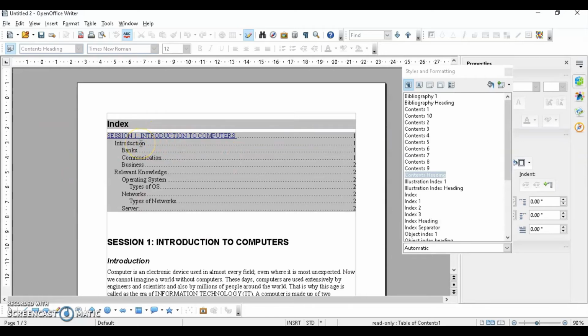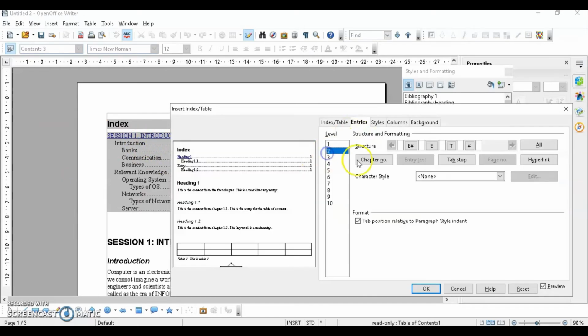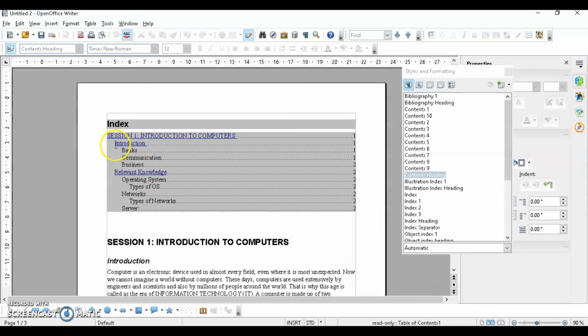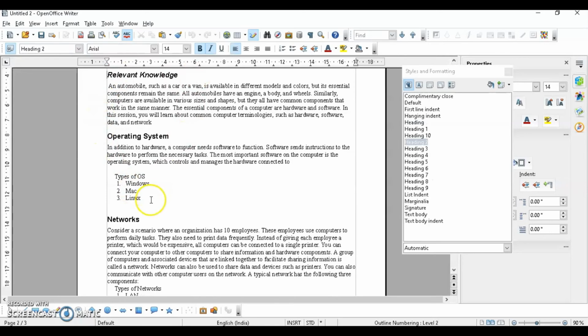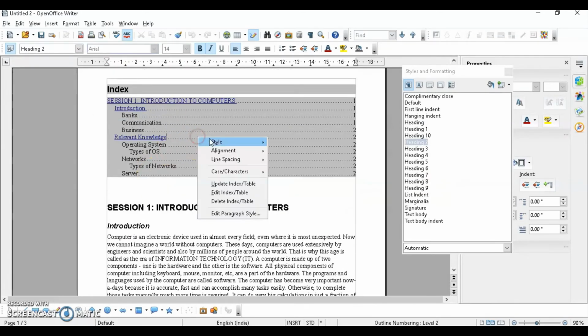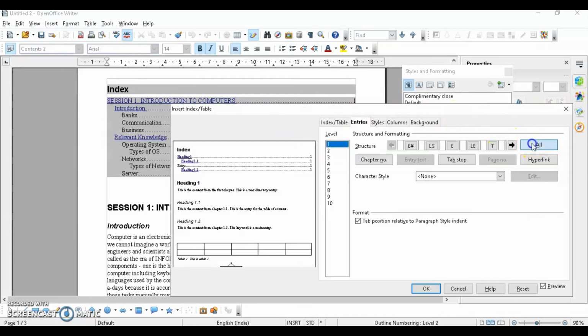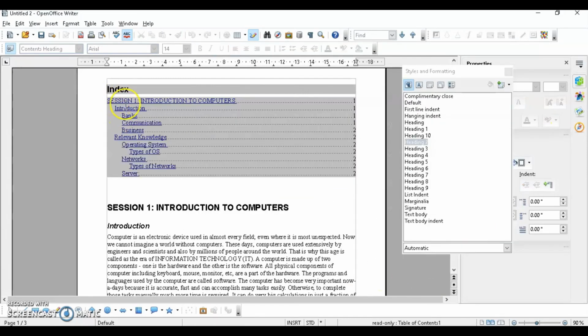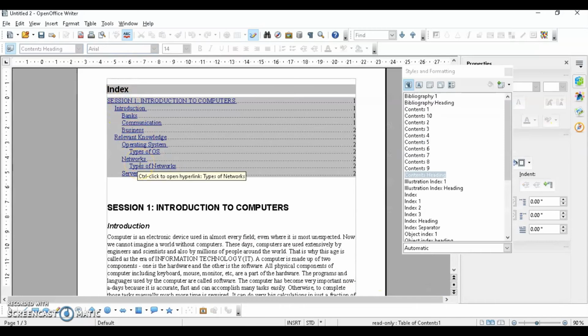Now similarly, if you want to apply for heading 2, just select heading 2. Again, entry. Click on the white space towards the left hand side for starting the hyperlink and for ending the hyperlink on the right hand side. And click OK. Now you can see the level 2 subheading also got the hyperlink. So if I control click on this, it will take me to the page. So this is how you can create hyperlinks in your table of content. Now if I want to apply to each and every entry in my table, I'll just select all and click OK. Now you can see each and every entry in my table of content is having a hyperlink.